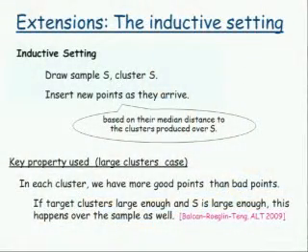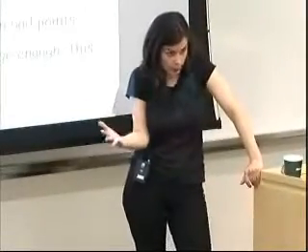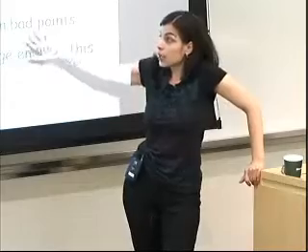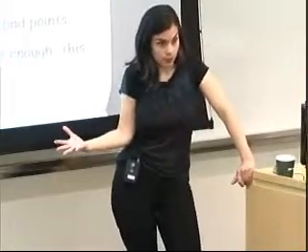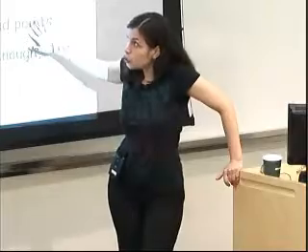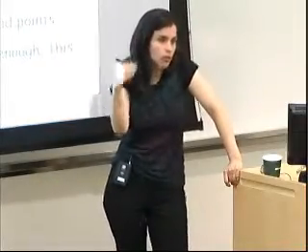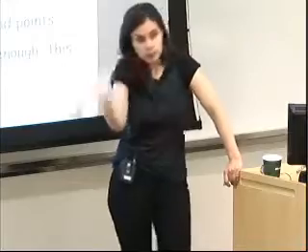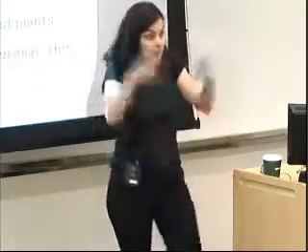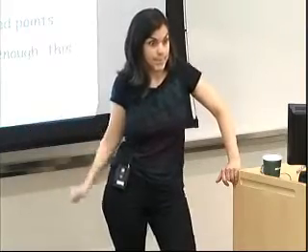In particular, the key property that we use in order to argue correctness for the large clusters case is that in each cluster, we have more good points than bad points. This is what we needed in the case where we knew the value of W, or if we don't really know the value of W, we needed that we have twice more good points than bad points. Now, however, if the clusters are large enough, and if the sample itself is large enough, this is also going to be true over the sample as well, and so this helps us to argue correctness overall. Okay, so we also looked at an inductive version of this algorithm.